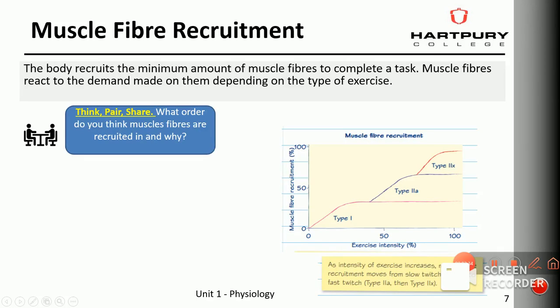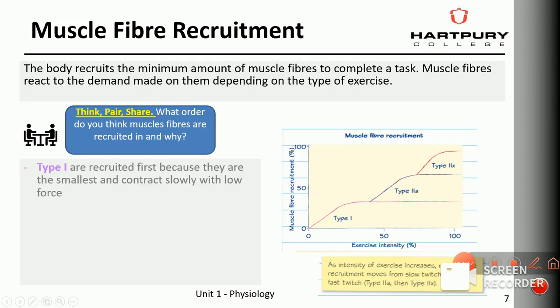So if we have 0% of exercise intensity here, as it increases this exercise intensity, we are entering or recruiting type 1 muscle fibre. Eventually we recruit type 2A as exercise gets more intense, and then we recruit type 2X when we are at a high intensity. So just as a